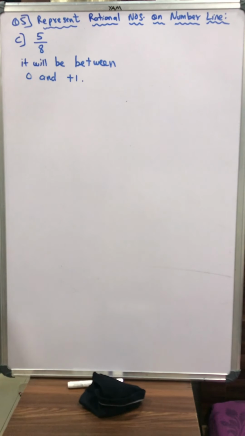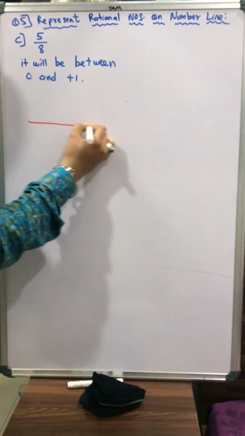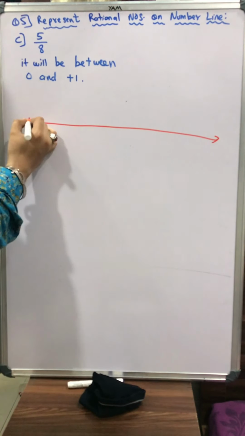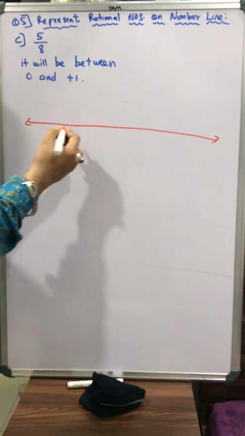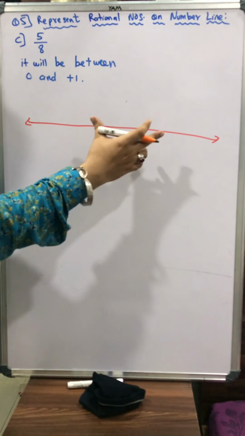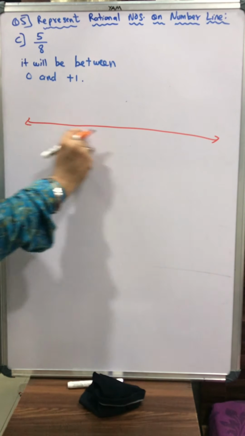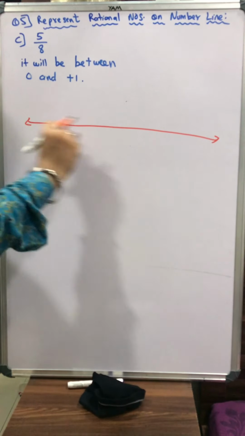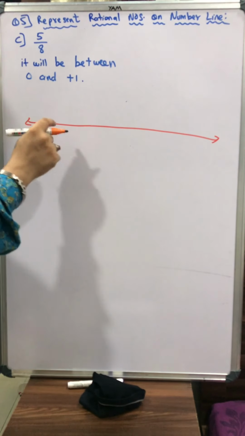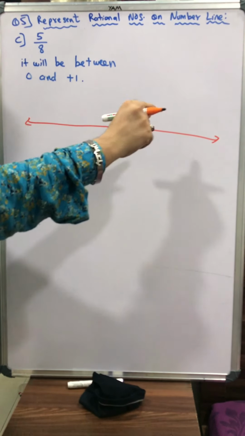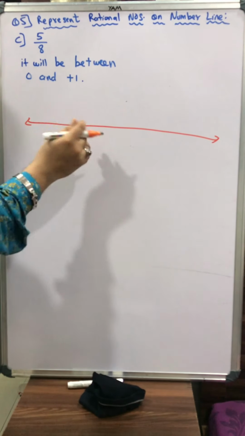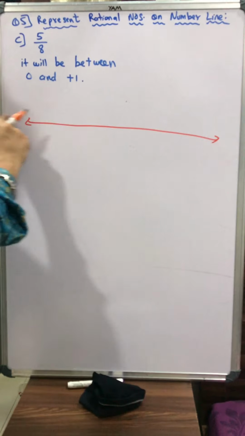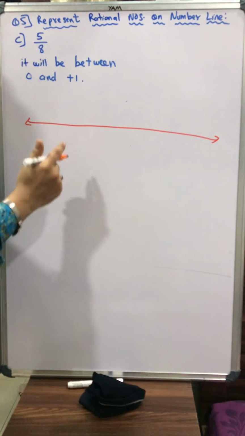Okay, I'm drawing the number line. As I know that my number will be between 0 and 1, that's the reason I give a huge space between 0 and 1, and always draw this number line on the ruled line of your book. Of course you should draw it with the help of a scale and no measurements. Don't forget to mark arrowheads at both the ends. Draw it in the entire width of your page. Don't draw a small line.